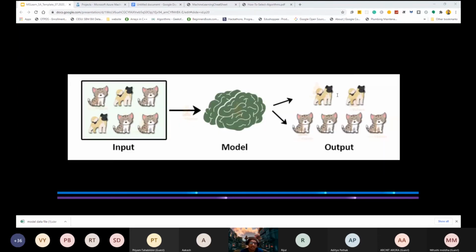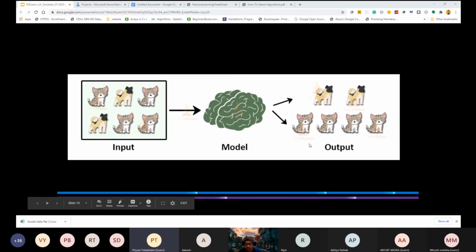Okay. Let's take another example. If we have data of dogs and cats, the model will process and train itself with the data. Since it has no previous experience of the data, it will form clusters based on similarities and features. The features of the dog will end up in one cluster, and the features of the cat will end up in the next cluster. That's the way the machine will identify which one is the cat and which one is the dog.